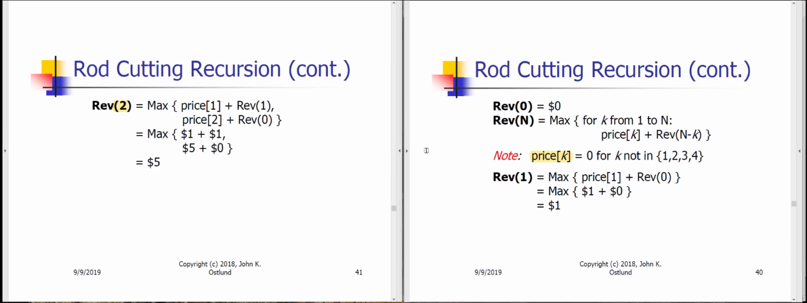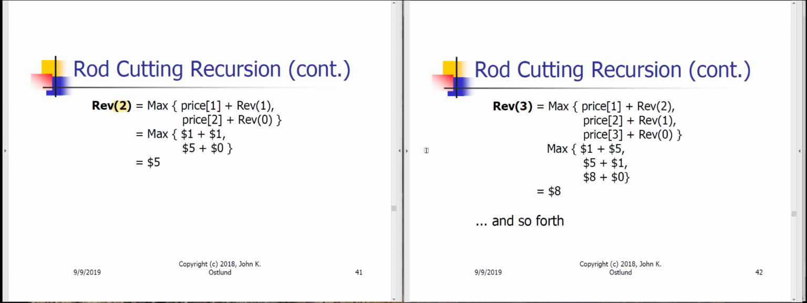Continuing on to looking at a 3 foot piece of rebar that we get from our supplier. Well, now we have to compute the maximum over 3 possible first cuts. The first cut might be at 1 foot or at 2 foot or at 3 feet. And we can simply look up in our price table